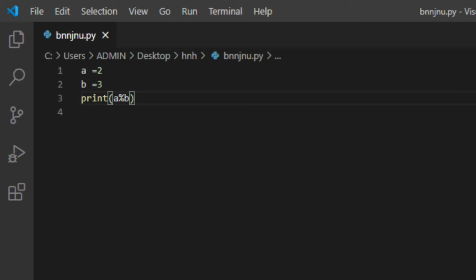Now what are integers? Integers are things which we have been studying from our very childhood. These are numbers like 1, 2, 3 and so on. You don't need to put any sign to tell Python that a particular thing is an integer. You just have to write that particular integer which you want to write. Suppose I want to allocate 5 in the variable a, then I write a is equal to 5. That's how we write integers.